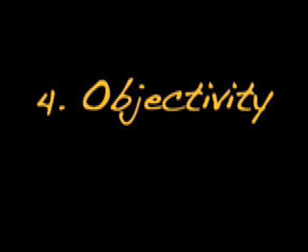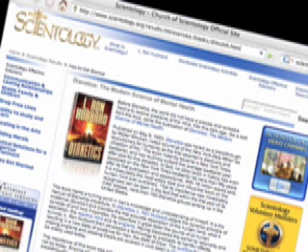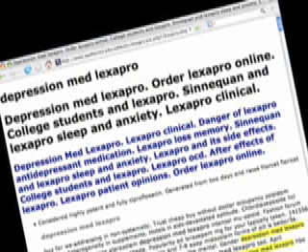The fourth thing you want to look at is the objectivity of the site. Is the information biased, that is, presenting one side of the issue unfairly? Is the author known to have a biased point of view, or is he or she associated with an organization with an agenda? Sometimes this is easy to spot, while other times it's rather subtle. Also, stay away from sites that have a lot of advertising, irrelevant clutter, or junk on them. This can bring into question whether the site's main goal is to present information or to make money from its